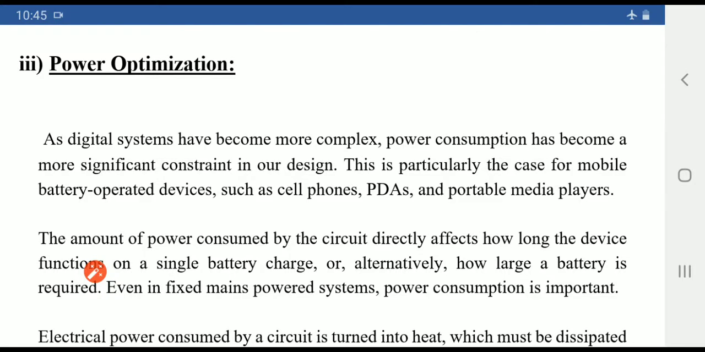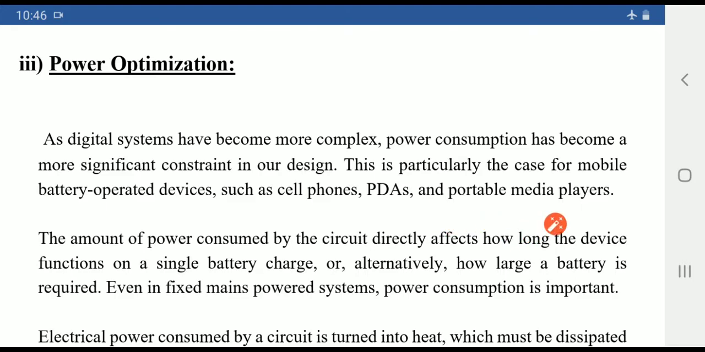The last topic of design optimization is power optimization. Here we'll discuss power optimization based on digital systems. We know that as digital systems become more complex, power consumption has become a more significant constraint in the design, particularly for mobile battery-operated devices such as cell phones, PDAs, nothing but personal digital assistants,